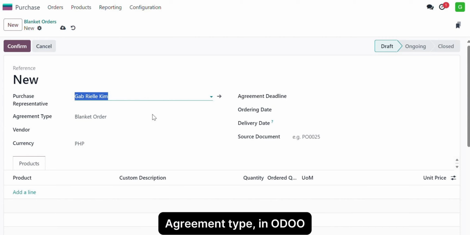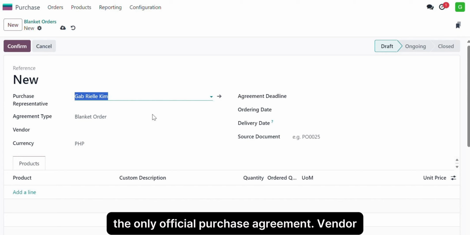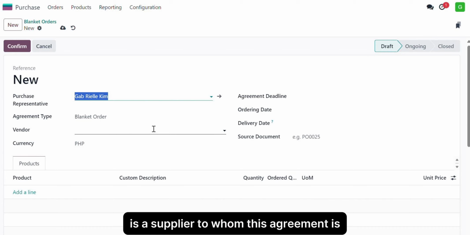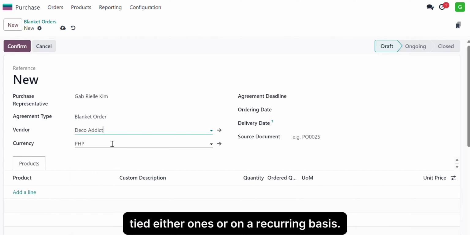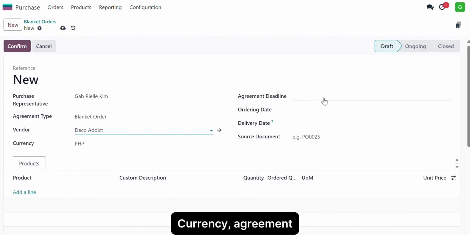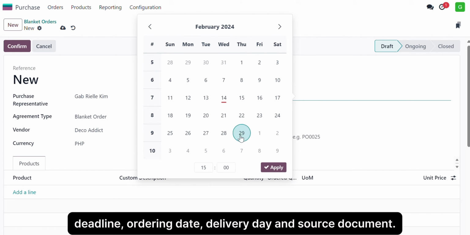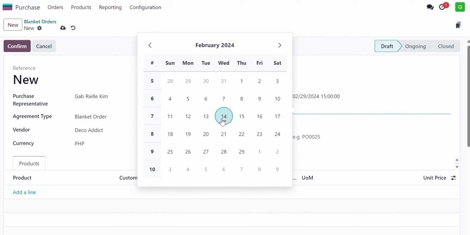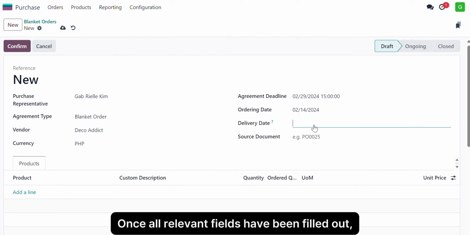Agreement type. In Odoo, blanket orders are the only official purchase agreement. Vendor is a supplier to whom its agreement is tied either once or on a recurring basis. Currency, agreement deadline, ordering date, delivery date, and source document. Once all relevant fields have been filled out,